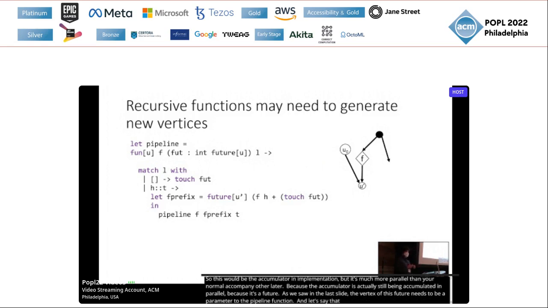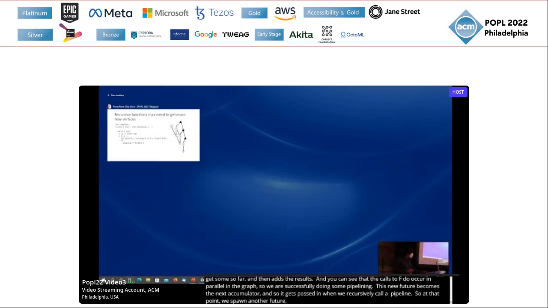So at each iteration, we spawn a new future u prime, which computes f, touches the accumulator to get the sum so far, and then adds the results. And you can see that the calls to f do occur in parallel in the graph, so we are successfully doing some pipelining. This new future becomes the next accumulator, and so it gets passed in when we recursively call pipeline. So at that point, we spawn another future, compute f, and now we want,